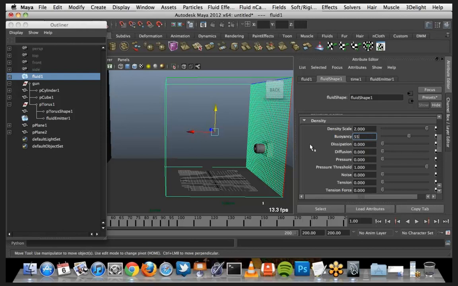Buoyancy is something rising up, and since our container here that I have selected is sideways, buoyancy will actually mean increasing the speed of the gas moving from screen right to screen left, since we're using the container to our advantage. So buoyancy of 55, dissipation 0.2,